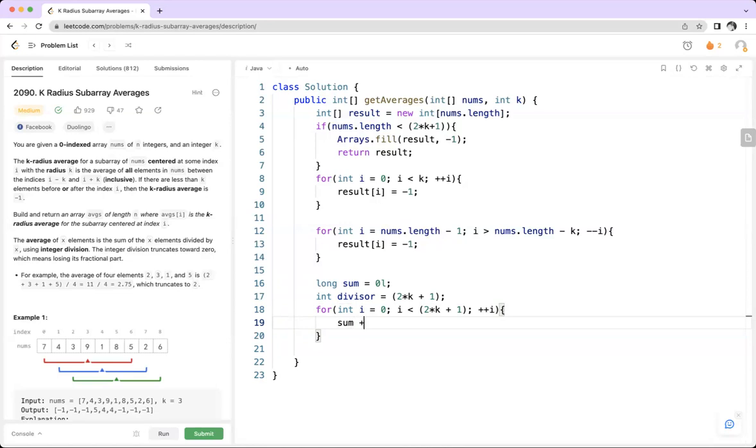sum is equal to result of I. Sum plus is equal to result of I. Okay, and then result of k is equal to int of sum by divisor. Okay, like this, and then